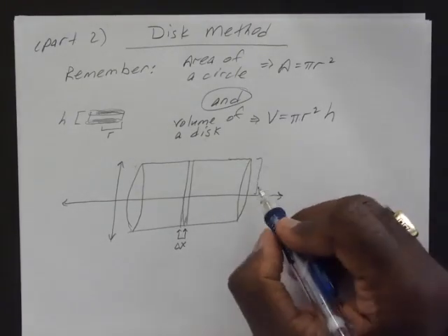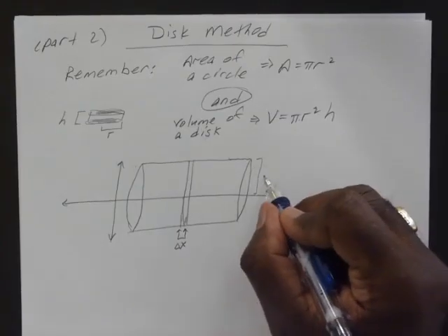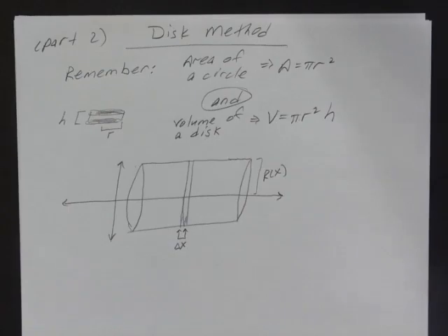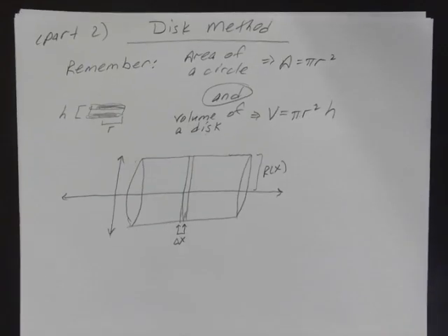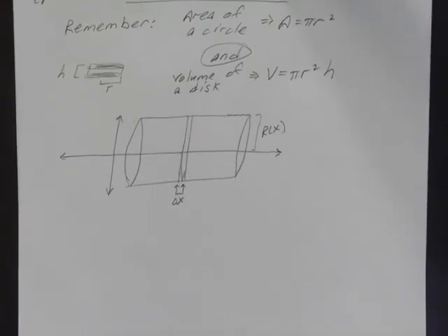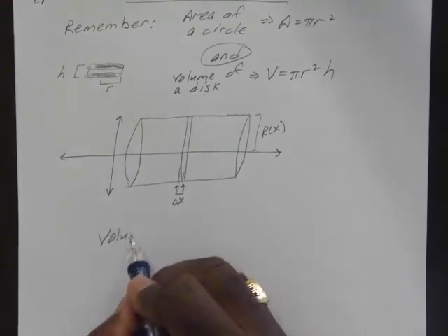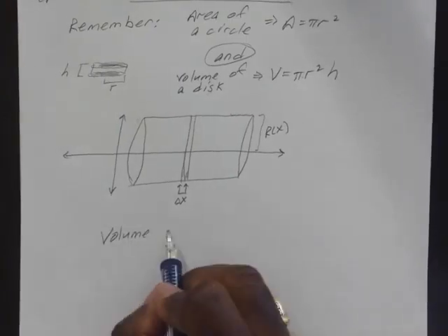And the radius of that cylinder would just be your radius function of x, or in terms of x. So your volume of this cylindrical solid